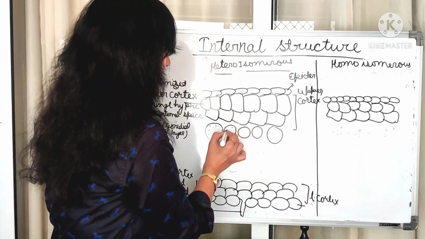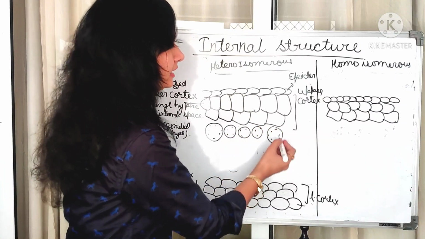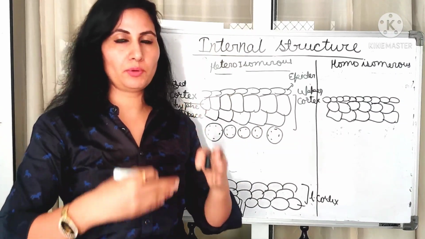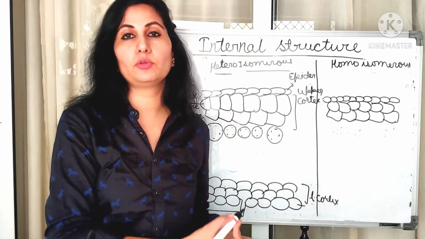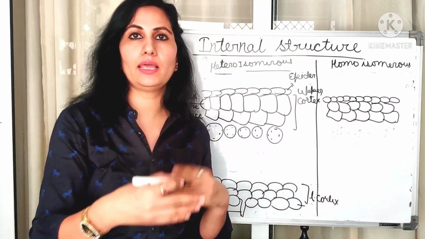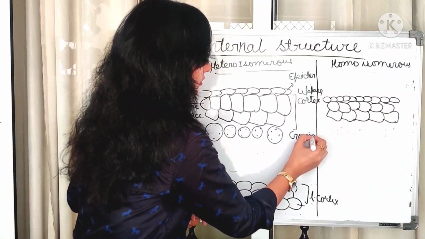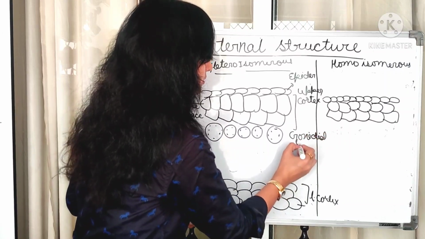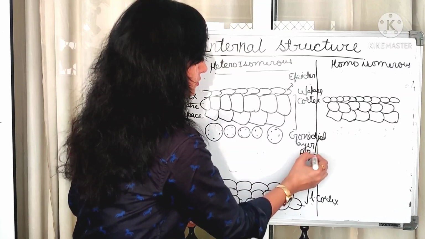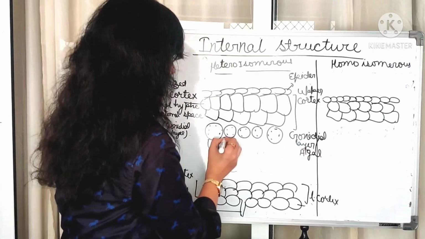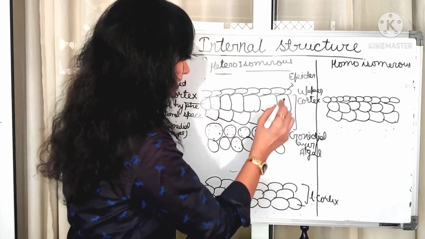After that there is a zone which is known as the algal zone, because so many algal colonies are present. If we talk about the cyanobiont or the phycobiont, then Nostoc are present, Scytonema are present, and they are making the algal colony here. This layer is known as the gonidial layer. Gonidial layer also, or you can call it the algal zone. So this is the algal zone. We can make more algal colonies in it. So these are the algal colonies.